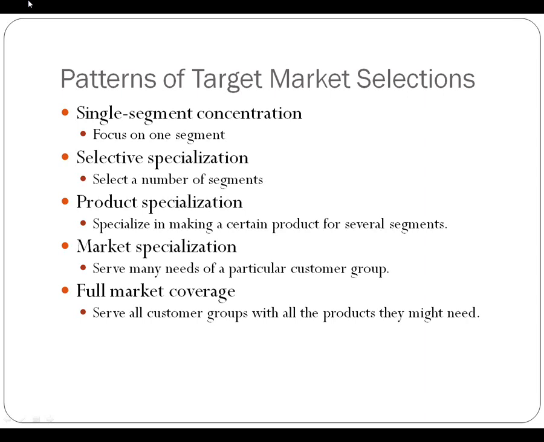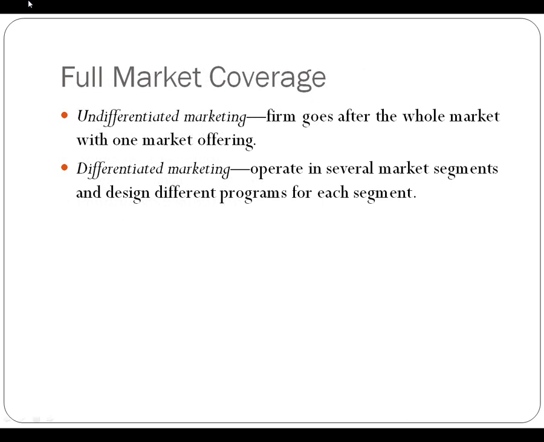And then you have full market coverage. And full market coverage is where you are targeting all segments. So basically you're saying you're not treating the entire market as one segment. You do recognize them as individual segments, but you're serving each of them in some particular way. Okay? This is Walmart, for example. Even the rich people, there's a market for rich people at Walmart as much as there is for people that have financial problems. So, just briefly, full market coverage.